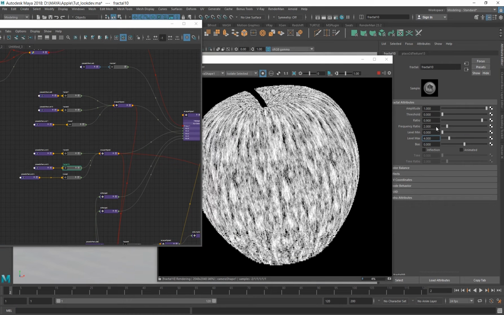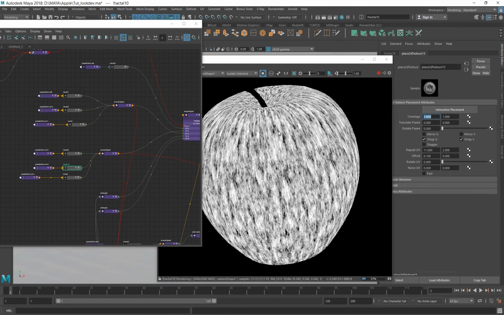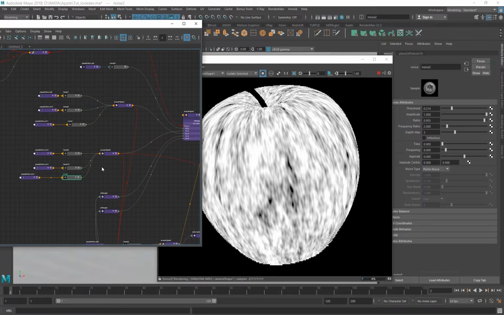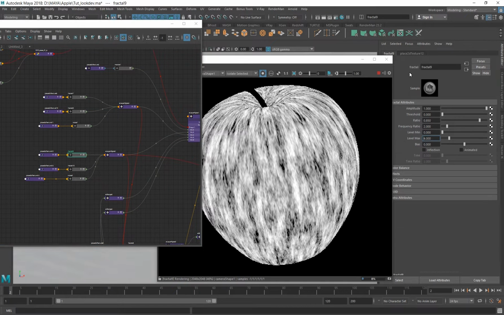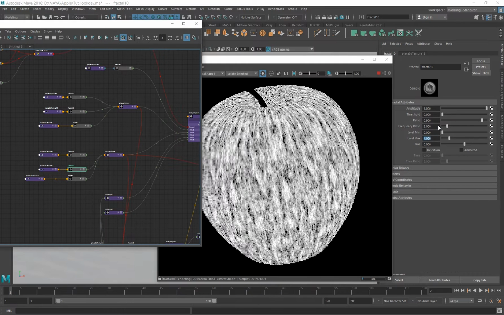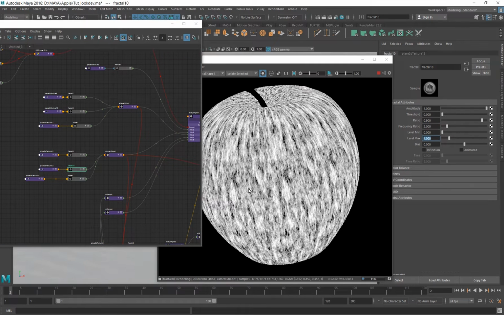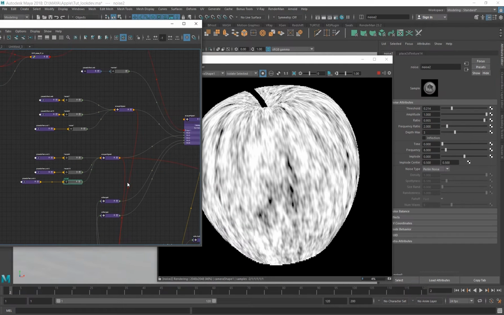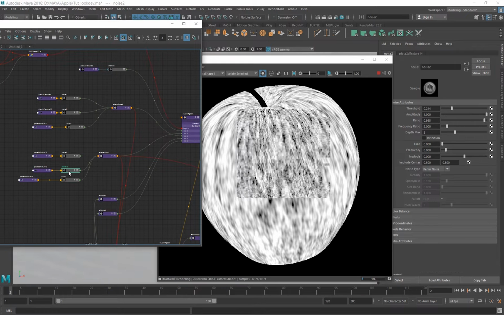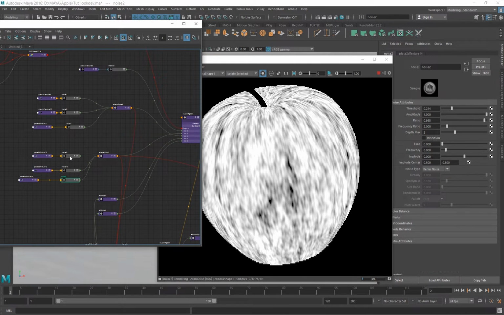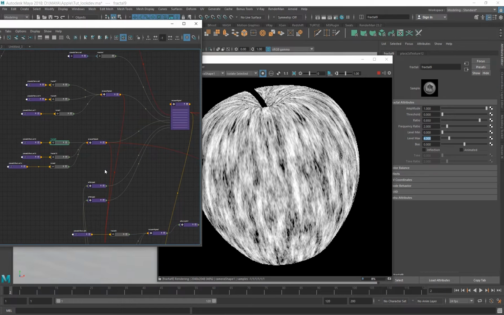I'm changing the repeat UVs just to get that stretched look, and then playing with the ratio and level max. On all of this you can see different ratios, different level max. On most of these things, all the rest of the attributes are the same. So that's this layer 4.